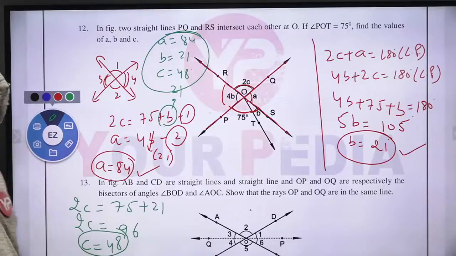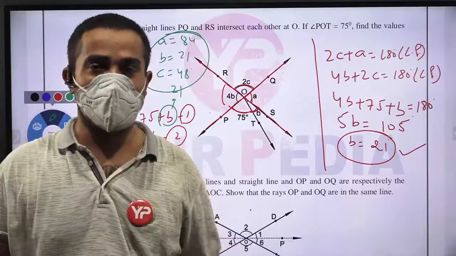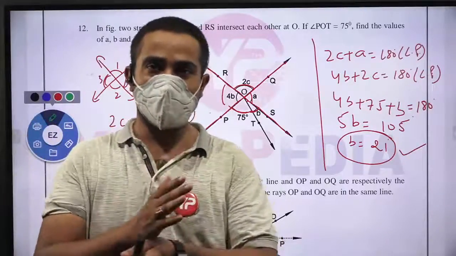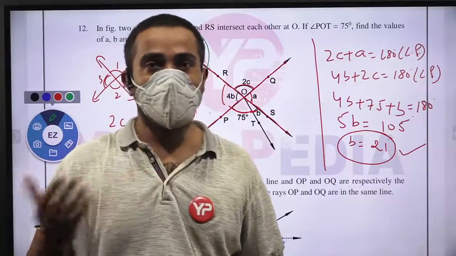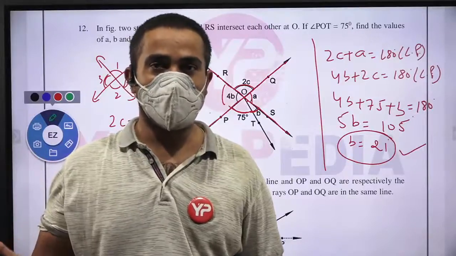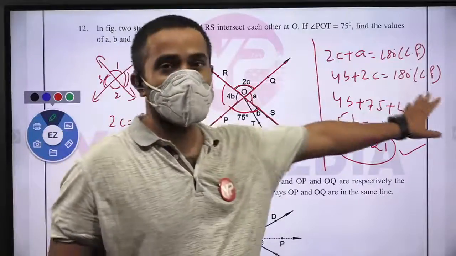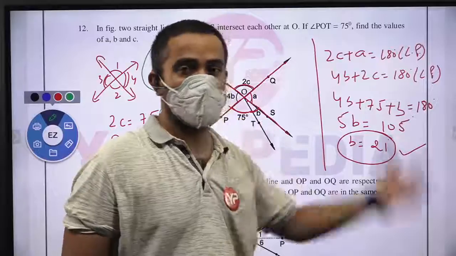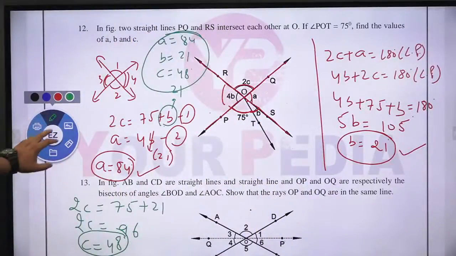Very easy question. Whatever you are given, say you are given two lines. If they are intersecting, of course they will form vertically opposite angles. And if they are lines, then adjacent angles will be supplementary, so the sum will form a linear pair. So linear pair equations I have made, vertically opposite angles equation we have framed, and we can calculate the angles like this. Next question.